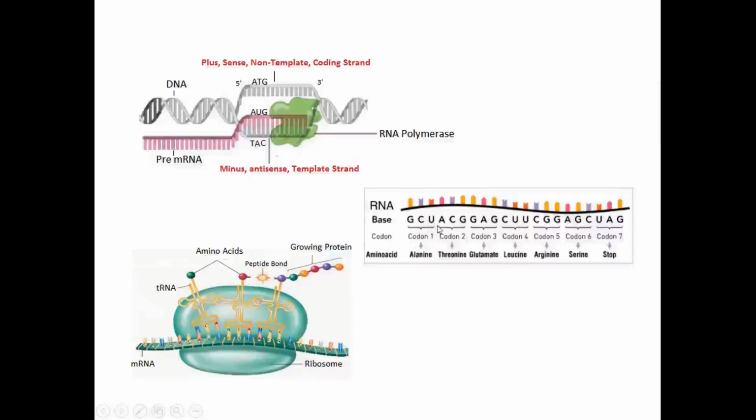And then here 3 bases together form a codon which will code for a single amino acid. 3 bases together form a codon. So here is the translation process. A ribosome binds to the mRNA, and tRNA, which carries an amino acid and has 3 bases at this end, will recognize the complementary bases in the mRNA, and it will leave its amino acid here. So these amino acids, when the tRNA comes one by one, these amino acids will be joined by the peptide bond and a protein chain will be formed.